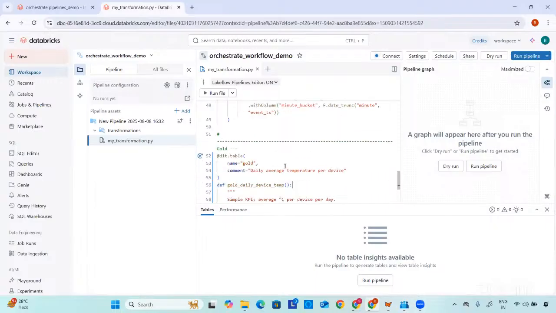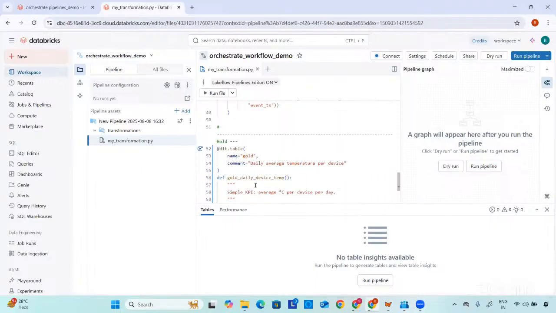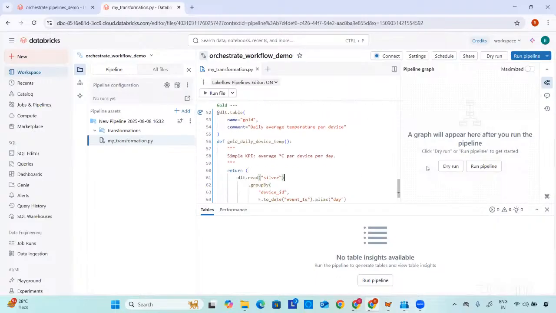And then in gold, we are creating a table with the name gold, and this is the comment of that table. A comment is like a tag you are attaching, like a name. A comment is some kind of name, you can say, a tag attached to the table. And what we are doing here,